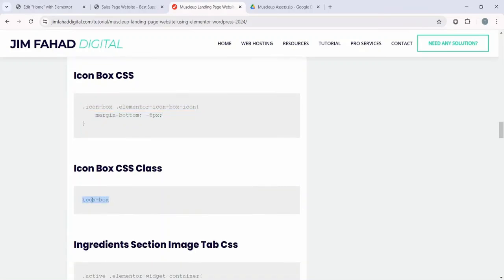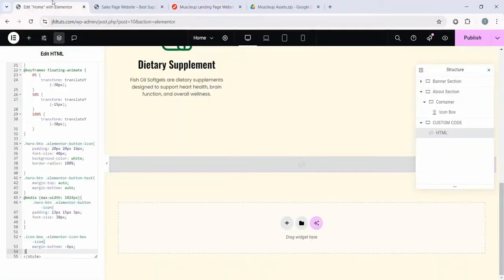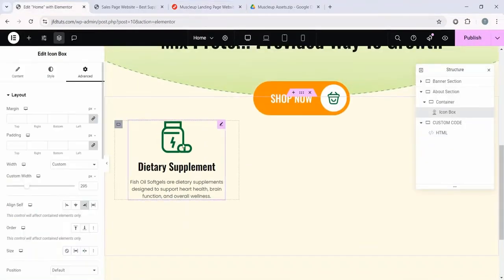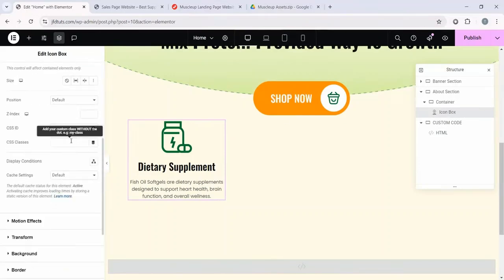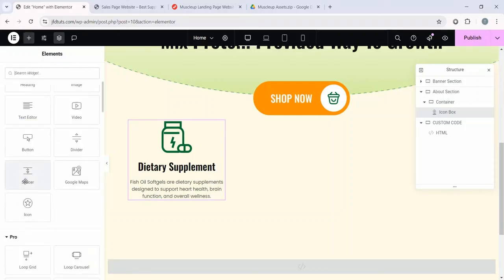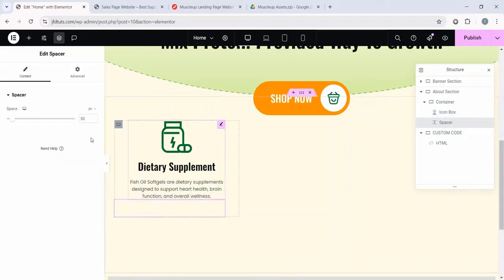Then just copy this class name, icon box, and put it inside this icon box, just here. So it will basically help us in the responsive mode. Okay, apparently we cannot see anything, but it will help. Alright, so after this icon box, let's add a spacing widget, this spacer, and make the spacer width